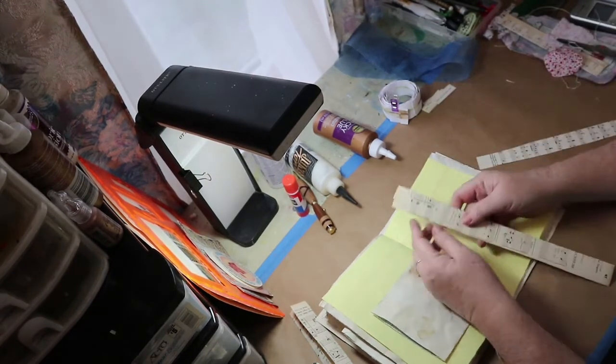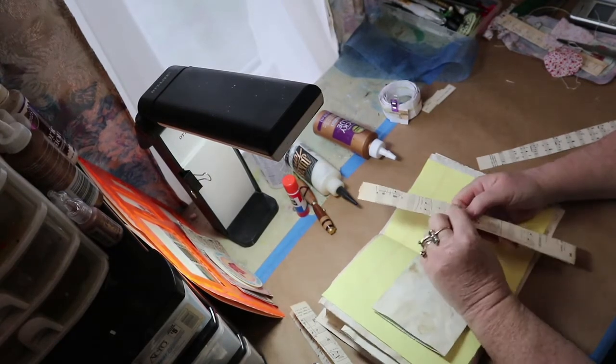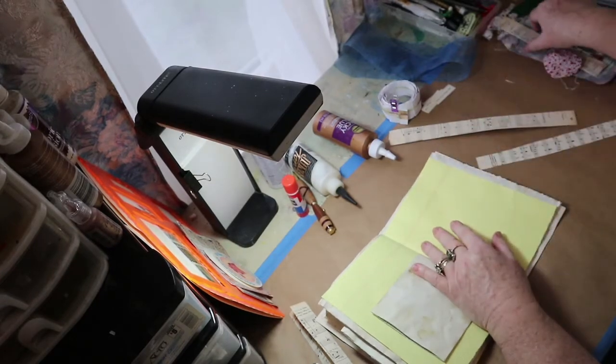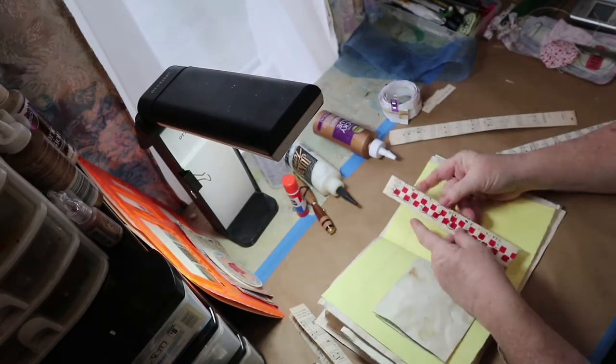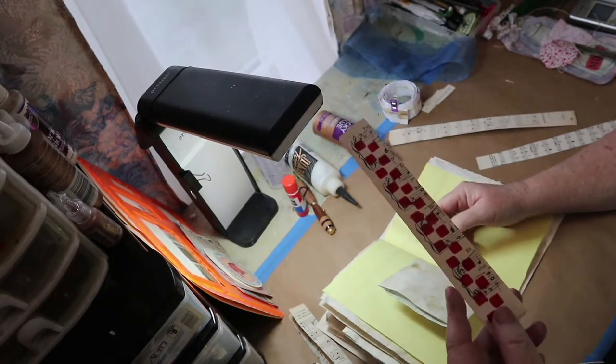And so what I did next was I took a stencil and I just painted on there because I was thinking red and white gingham for country to kind of bring that in. And so here,